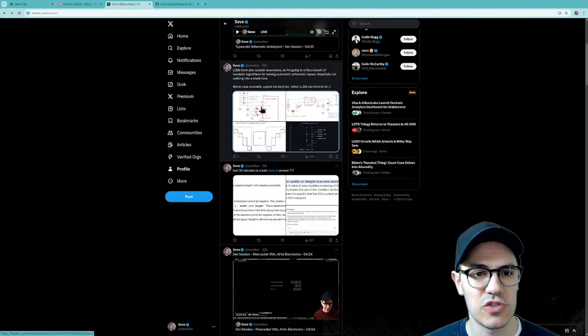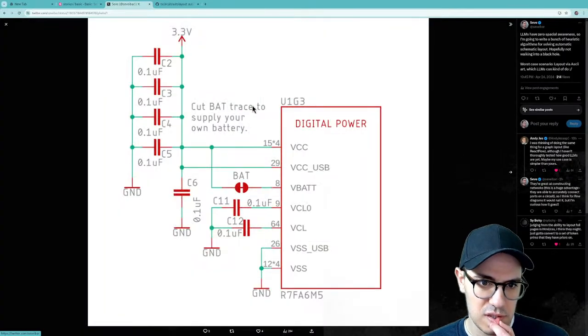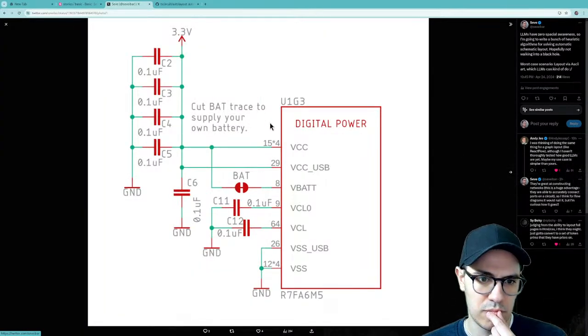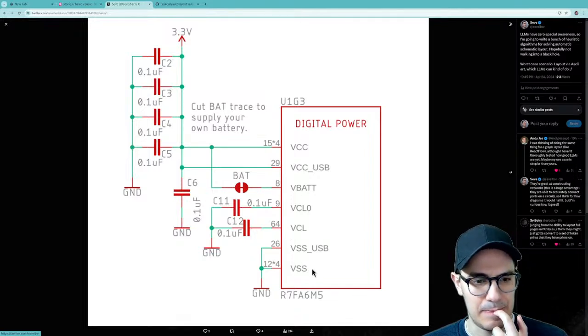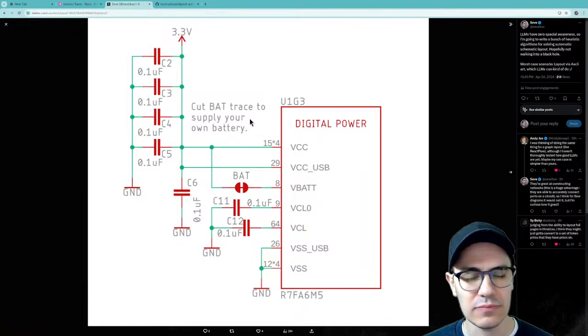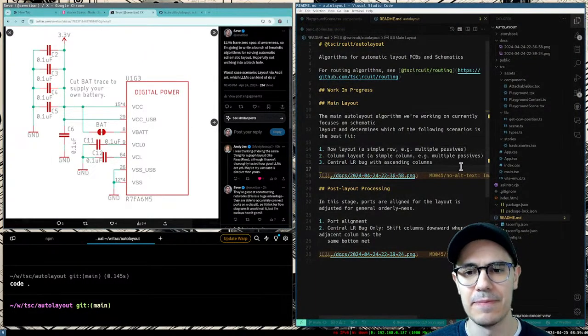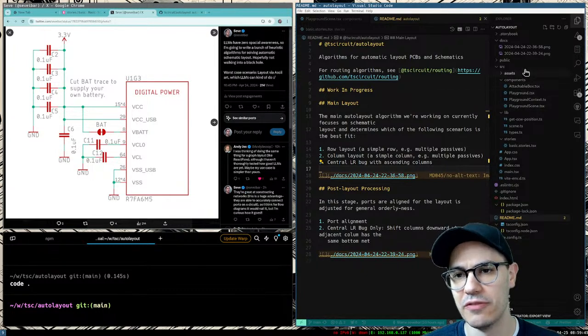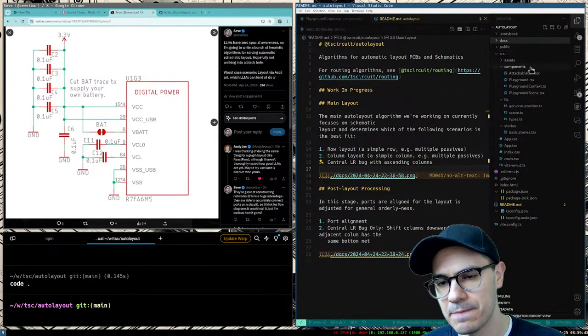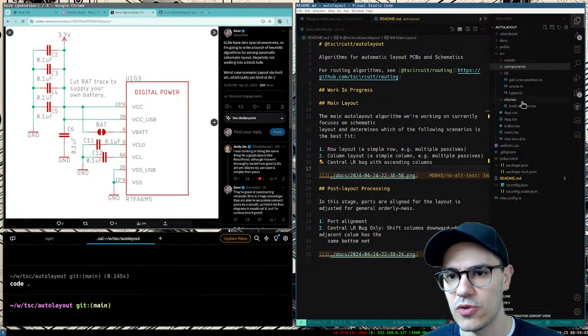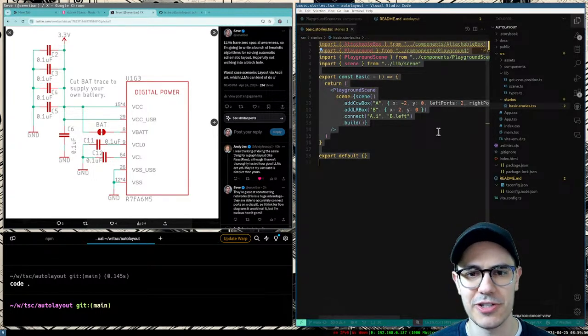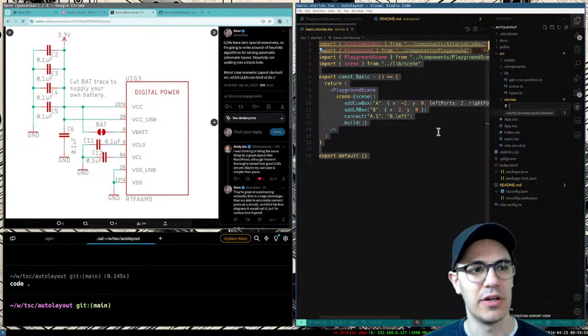So let's jump in. There's a couple ways to do this. Before we even start on the algorithm, what I want to do is recreate this schematic. I think that'll be good in our sort of domain data structure. So I'll create a new story. A story in Storybook is how you draw anything. So we're going to create a new story. We're going to call it